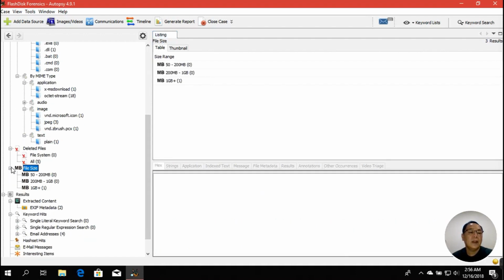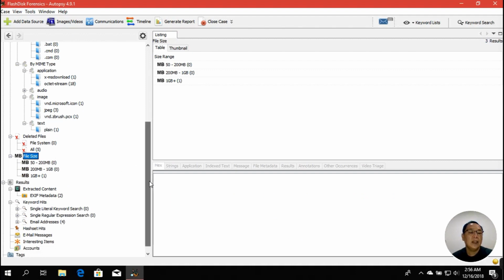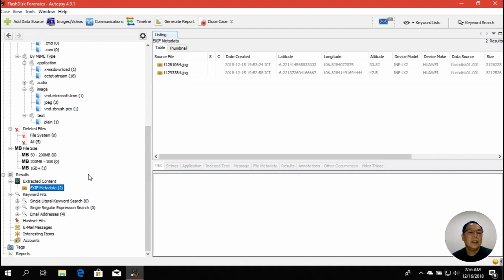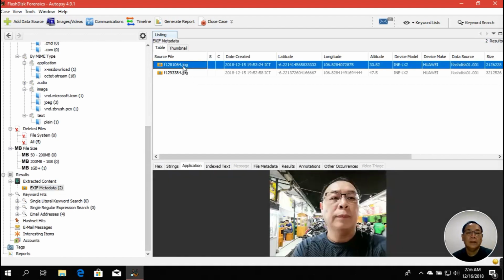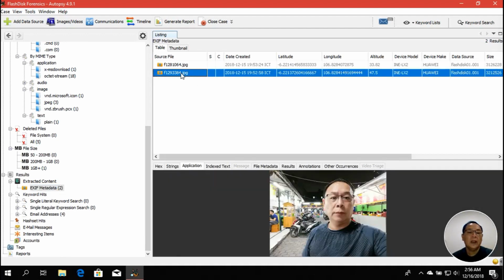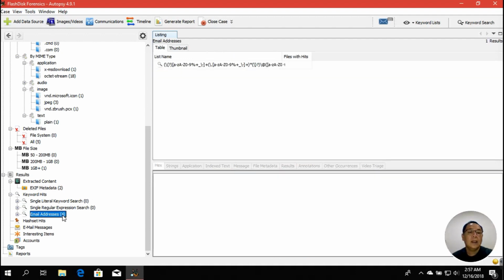And let's have a look at others. This is file size, EXIF metadata, same thing, referring to those images. Let's see. Okay, so